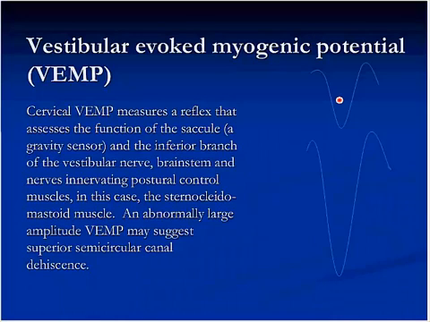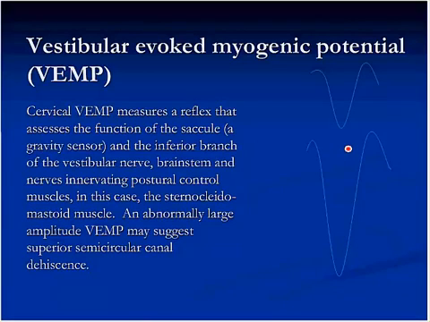So we're looking at that reflex that runs down the inferior branch, coming down the brainstem to all of the postural control muscles. In this case, we're measuring the sternocleidomastoid muscle because it's easy to get to. An abnormally large VEMP, like you see down here,